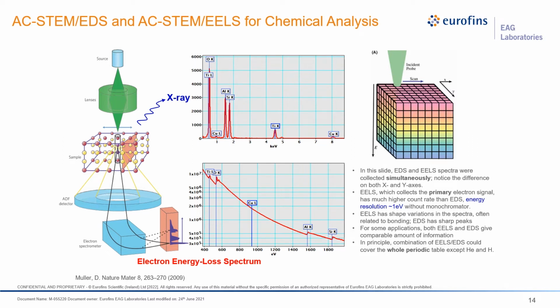So the energy of this X-ray is then related to, let's say in this case, near 1.5 is aluminum. And so we can identify, we get a fingerprint of what's in the sample based on the energy of the X-rays that come out. At the same time, we can collect our high angle annular dark field image, and we can collect the inelastically scattered portion of the electrons that go through the sample that were giving rise to X-rays, et cetera. And we can collect those electrons that have interacted with the sample and put them through a spectrometer,